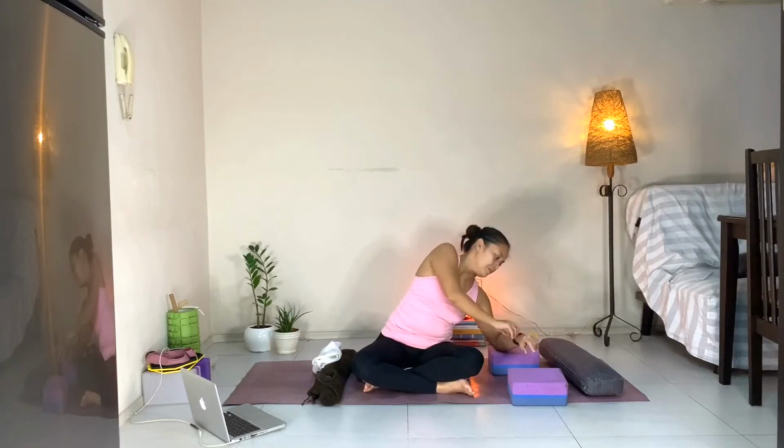Maybe you can go lower. But the intention here is to stretch the sides of your body. The moment your hip starts to lift, maybe you need to put another block or book on top of the side. So try to keep pressing this hip down as you bring your arm over. And we will stay here for a couple of breaths. We'll do here for 15 breaths. And then just stretch here,